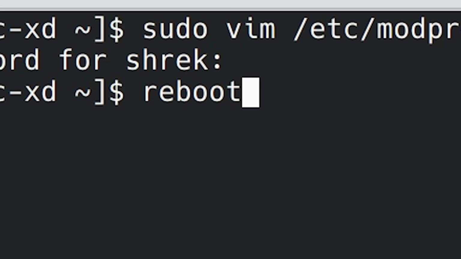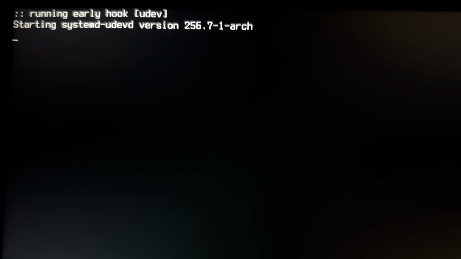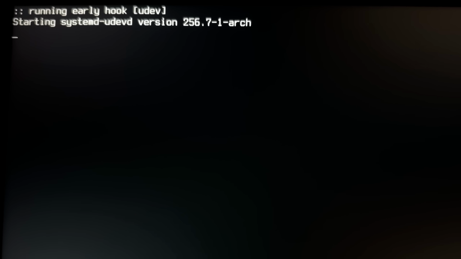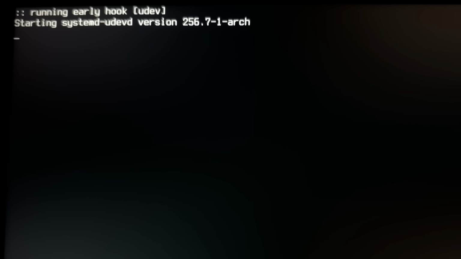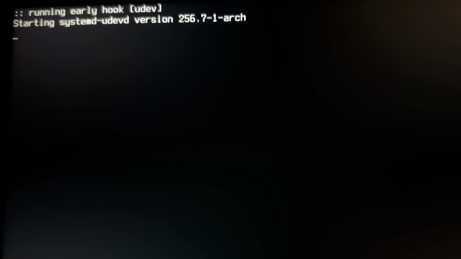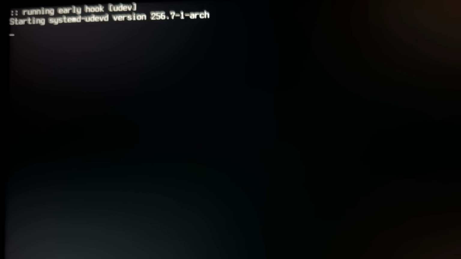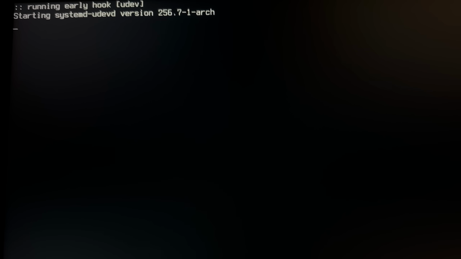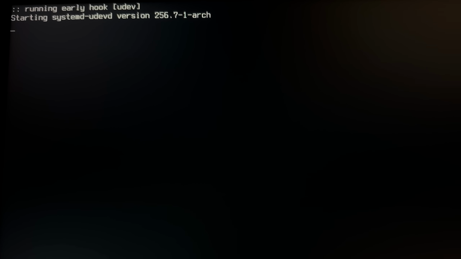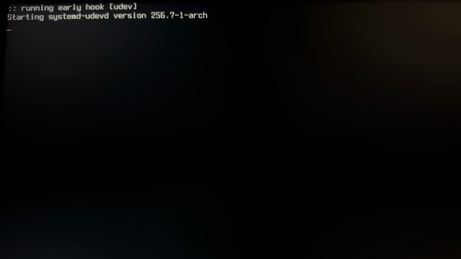Let's reboot once again. Interesting, now it says this and nothing is happening. So maybe my GPU is disabled, or maybe not. How do I now get out of this? Not great. Okay, I went to Ethan Apple and this is still here, which tells me that it's not great